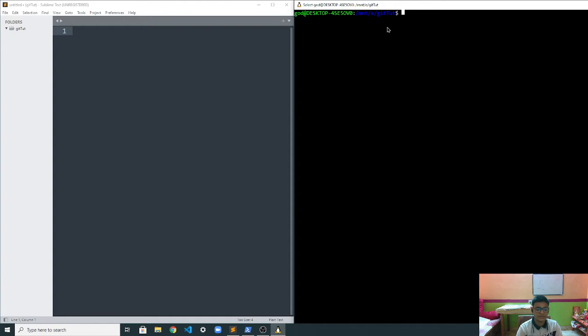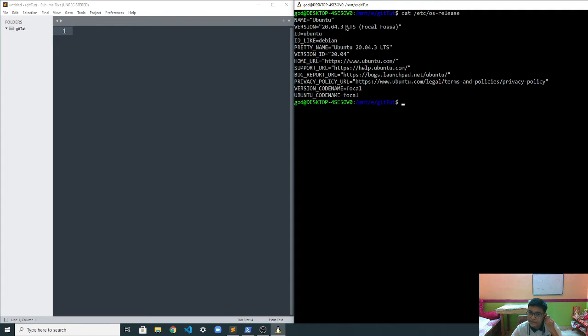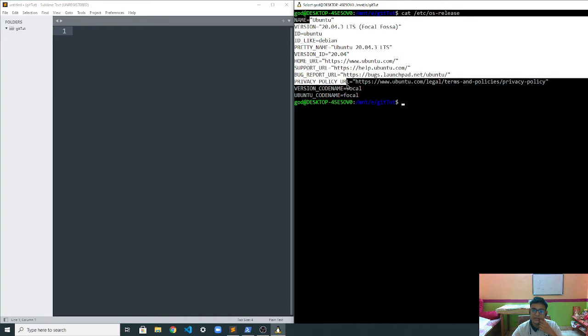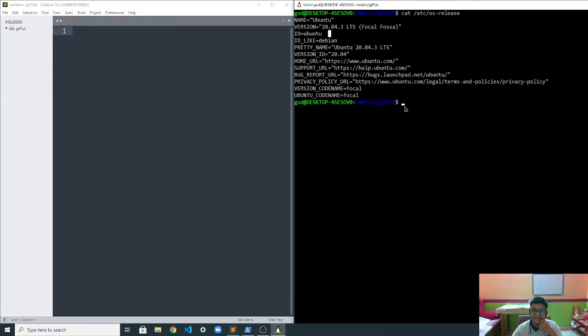Okay, so now let's take a look at Git. First of all, here I'm in my Ubuntu WSL over here. Here we have many things pre-installed like SSH and Git also. To check if Git is there or not, just type git version. If it is there, Git is there, or install Git from the browser.